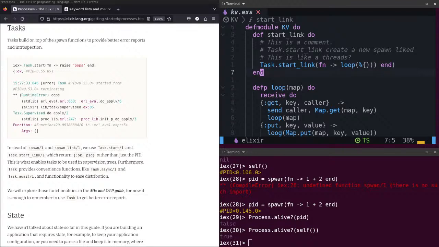Just this. Okay, start link. Start a new thread, a new spawn that executes a function. The return loops execute a loop that takes an empty map. Okay.